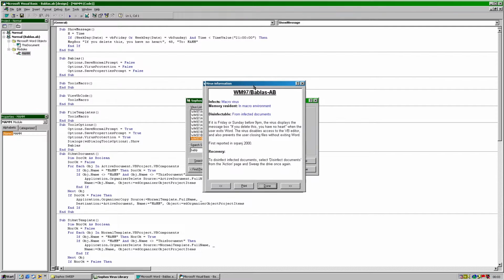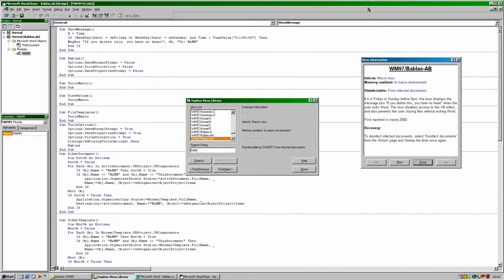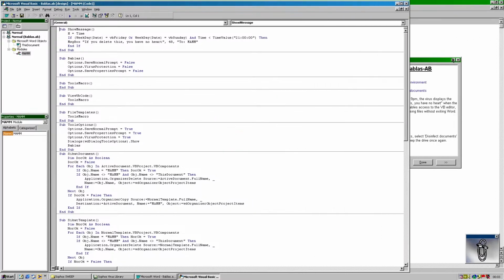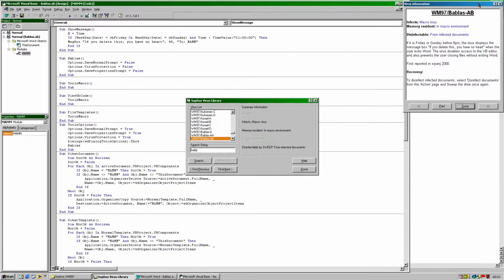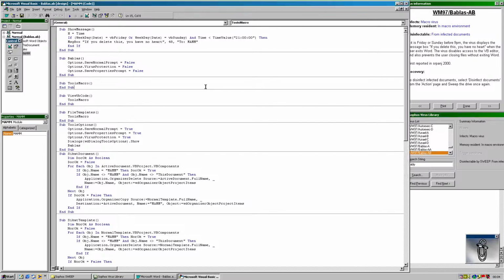So let me check the description again. If it is Friday or Sunday before 9 p.m. Hold on a sec, let me just keep it on the side so that we can keep it all in sync. Okay, that should be enough. So if it's either Friday or Sunday before 9 p.m., then the virus is placed. If you delete this, you have no heart, man,